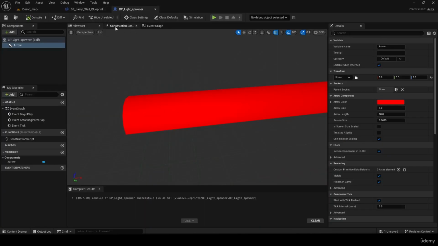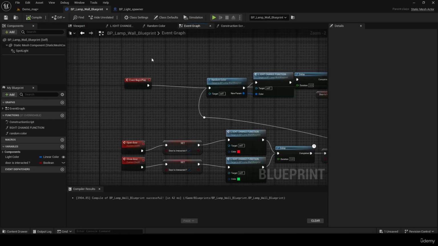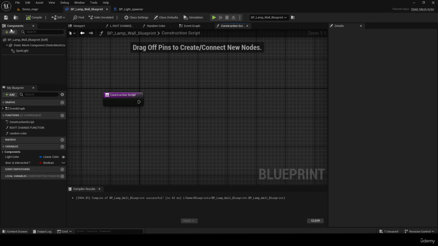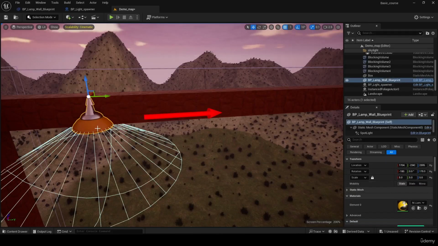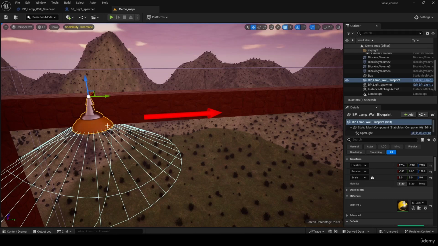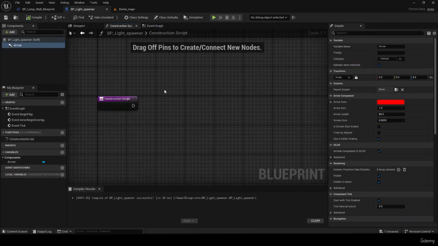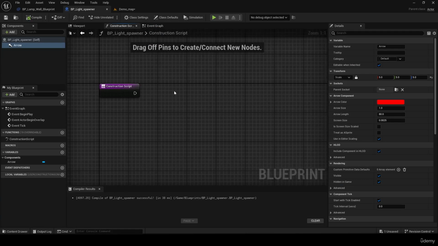So the reason why we created this actor is because if we create it here in the construction script, this will run on every copy of this blueprint. But I just want an actor that will spawn a certain amount of light actors, and after that I will just remove this actor, so I cannot do this inside. So what we are going to do is go to the construction script, and